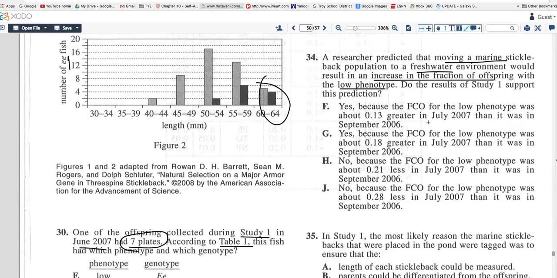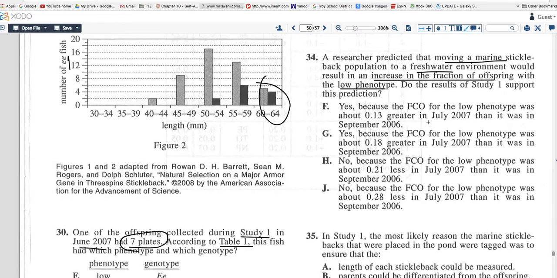I chose J. J is not correct. Can anyone help her out on this one? Sid, why don't you help her out? 34. Okay. Nithya, why don't you help him out? I said F